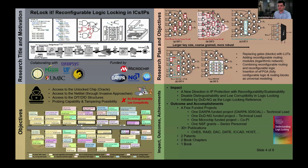So you add something on top of your design, like additional information, additional key, additional input, making your design functional. Only those additional information is provided, and you don't share those information with anyone outside of your domain, outside of your design house, until everything is done. So that's a process which is happening these days for logic locking, and it can be done at any layer of abstraction, from high level such as RTL, hardware design descriptions,